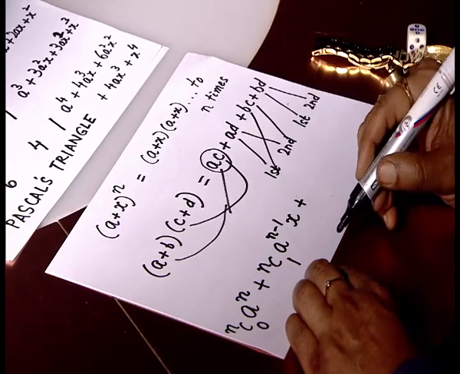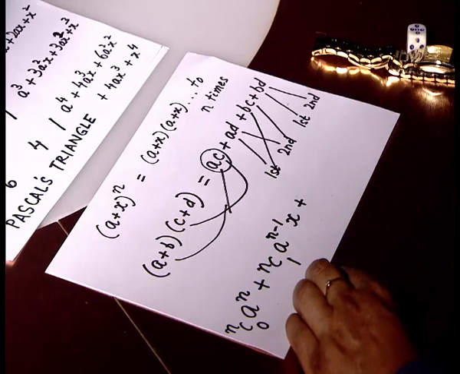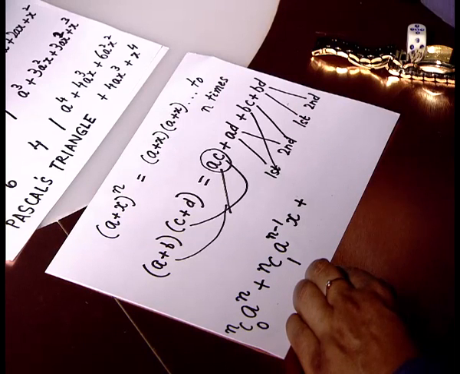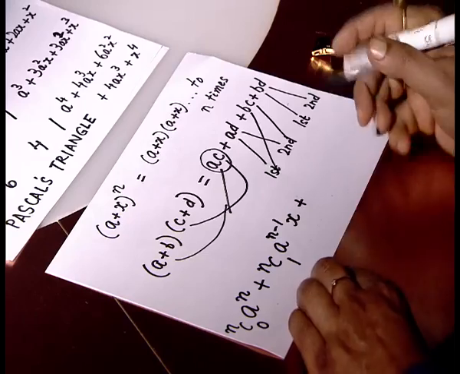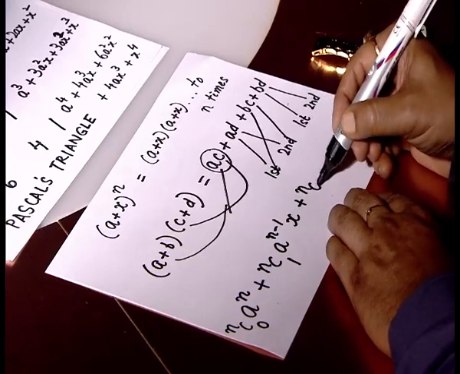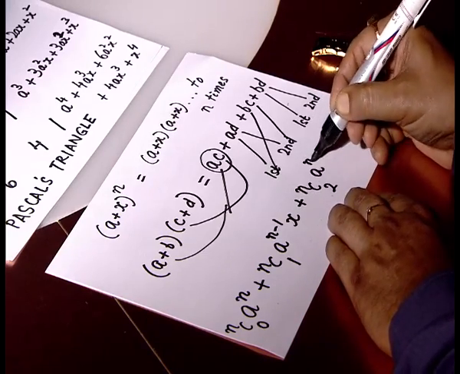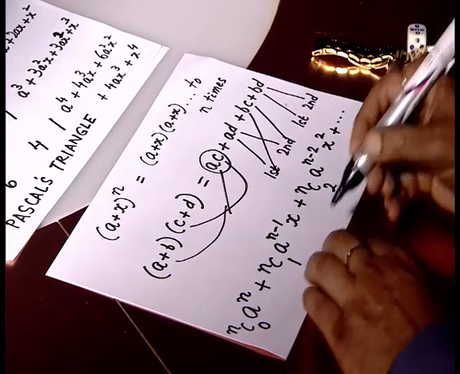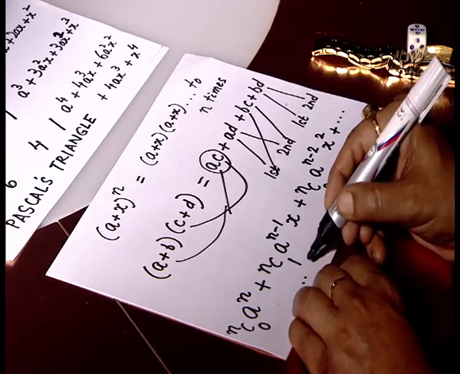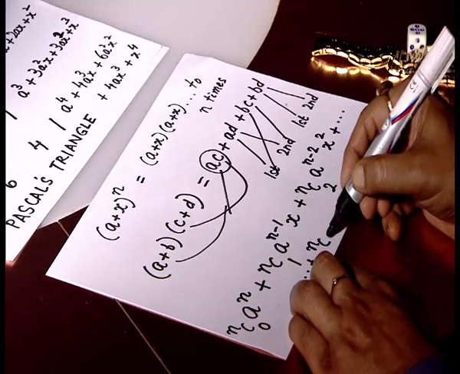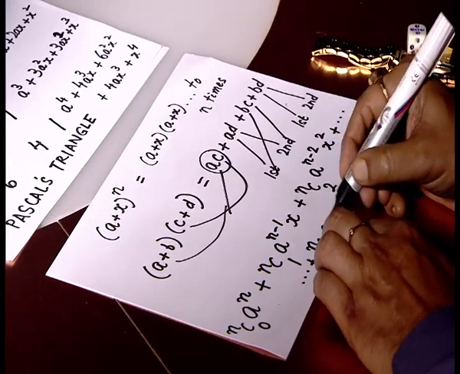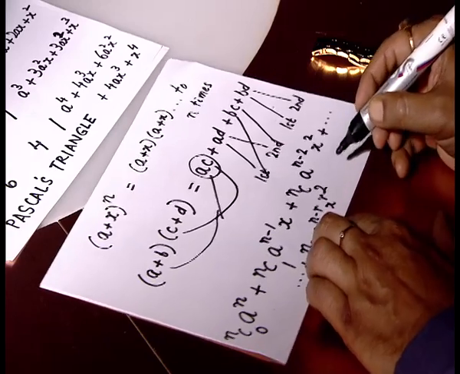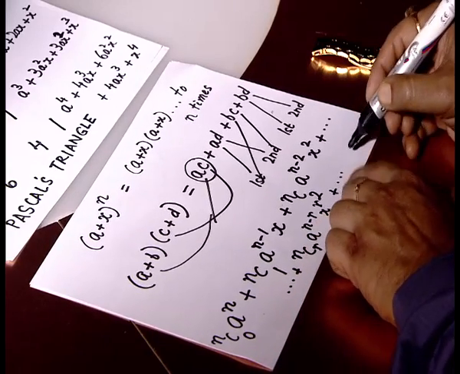Similarly, the next term would be n minus 2 brackets contributing a and 2 brackets contributing x. So, 2 brackets out of n brackets contributing x, and that would be nC2 a to the power of n minus 2 x square, and so on and so forth. The general term would be nCr a to the power of n minus r x to the power of r, and final term would be x